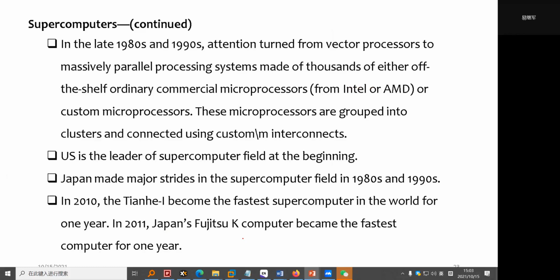The US is the leader of supercomputers. At the beginning, Japan made a major stride in the supercomputer field in 19